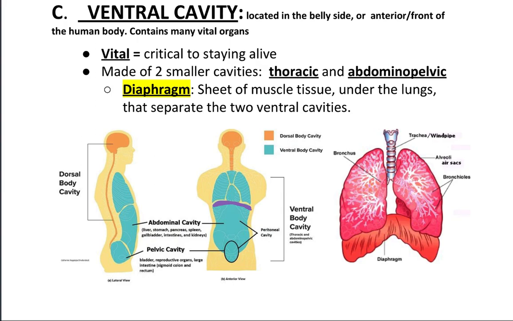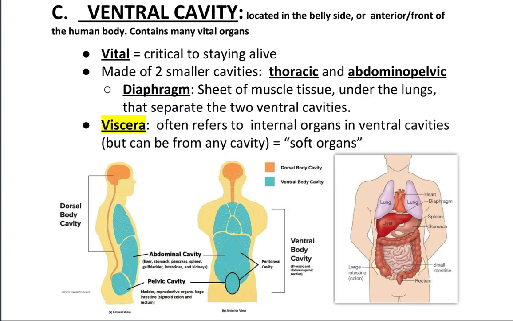So it's a thickish piece of muscle. The way you might want to think of it is, think of a membrane as a curtain, and think of this diaphragm as using like a line of bookshelves to separate a room, versus curtains, which is what membranes would do. So you have all those organs in the ventral cavity, and we actually have a special